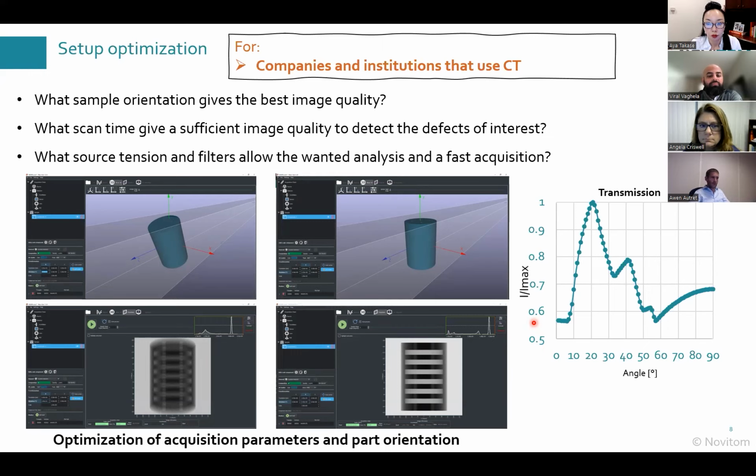When you use a CT, you can't always know in advance how to set up your machine, how to place your sample in the field of view. There's always some adjustments during the experiments, and this can cost time and money, because those equipment are expensive. So here is an example where we search an orientation that was minimizing the attenuation, and you can also